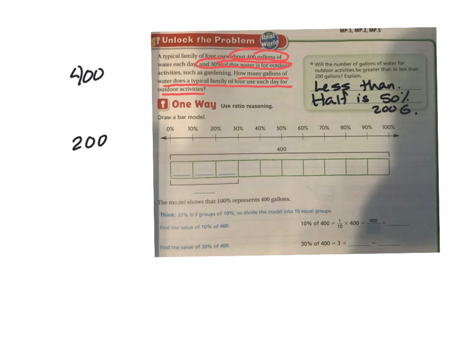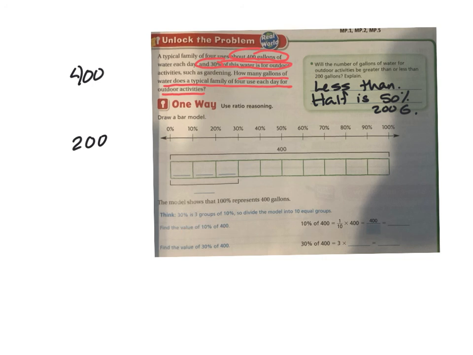They're going to give us 2 ways we can solve this, and your brain is going to connect with one of them. So we'll see which one your brain likes best. They say you can use ratio reasoning. We can draw a bar model. We know that 100% can be broken into 10 equal pieces. That's nice and easy. 10%, 20%, 30, on and on to 100%. There would be 10 pieces, right? Because we know 10 times 10 is 100. Now we're going to look at those 10 equal pieces, and so we would find the value of 10%